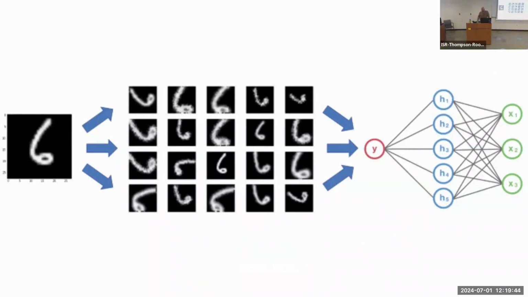The post office, for example, has an issue that everybody's handwriting is different, so people write a 6 differently. But we can develop automated systems that can, for example, recognize numbers. So what this example shows is you have the number 6, and it's been rotated a few times,